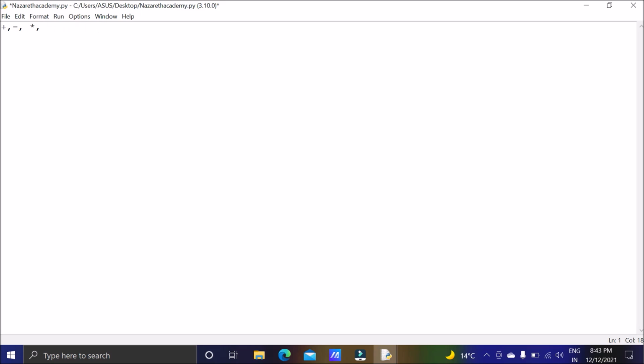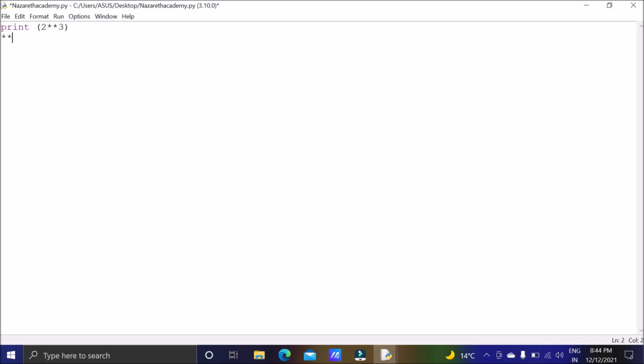Now we have one more operator that we are going to see. This is for getting the power. So suppose I am going to print 2 raised to the power 3. So for power I will use double asterisk. It means 2 raised to the power 3. 2 raised to the power 3 means 2 into 2 into 2, 3 times. So I will get the answer as 8. So for writing the power or exponent, we have this operator double asterisk.